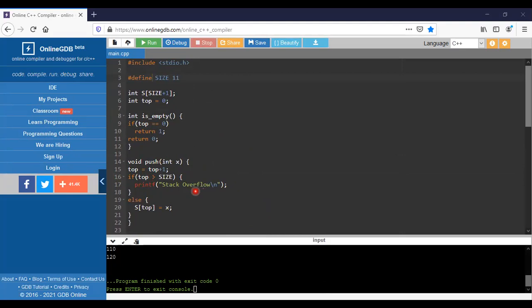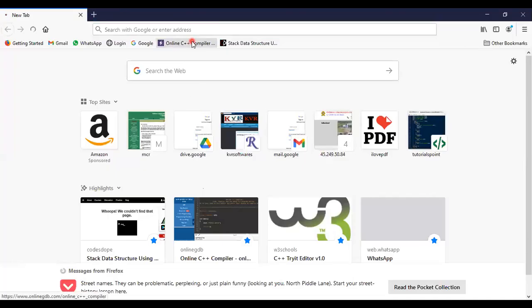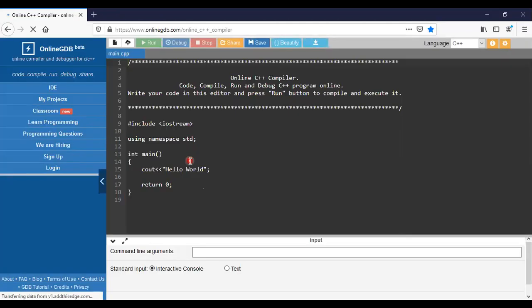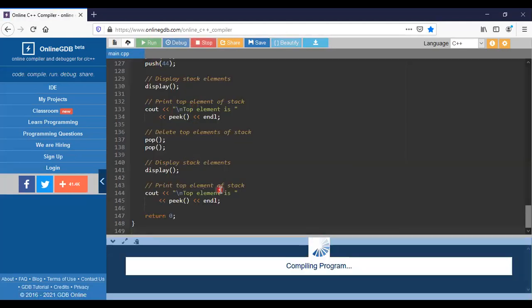So let me take another program. See whether it is executing or not.